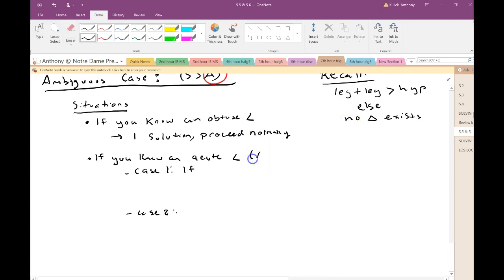Actually, let's do it this way. I'm going to call this angle A. So if side A is greater than or equal to side B or C, depending on which one you're given,